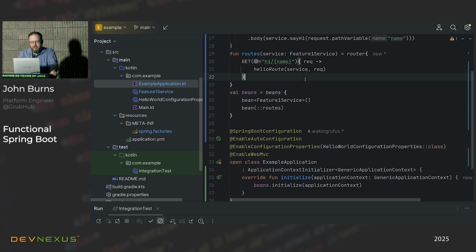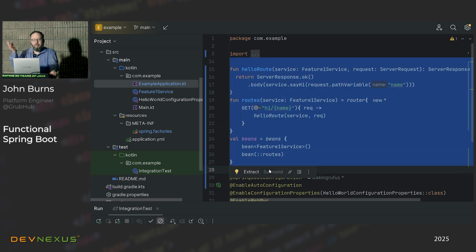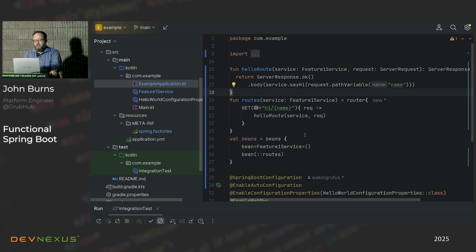Now, you might be saying, well, yeah, but I don't want to throw all my stuff in the main class, right? Correct. The interesting thing about this approach is that because these are all just functions, when it comes time to start organizing your code, maybe slicing it into vertical slices in different packages, we no longer need frameworky stuff to do that. We don't need to worry about Spring slices, configuration classes that only configure one slice, all that kind of stuff. At this point, we can just utilize our language features of Kotlin to do that for us.